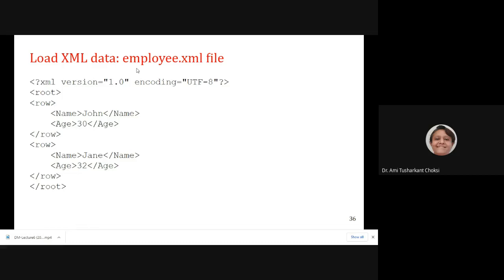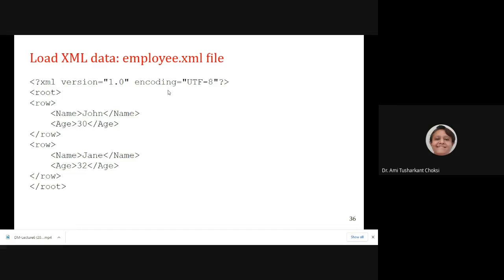For XML, we first have to write it as less than a question mark, XML version and its encoding, right? Then we'll have the root tag. Root is in general, you can have any system and any other tag also.